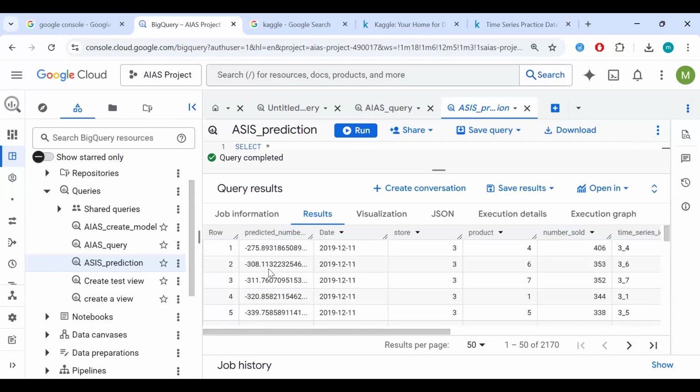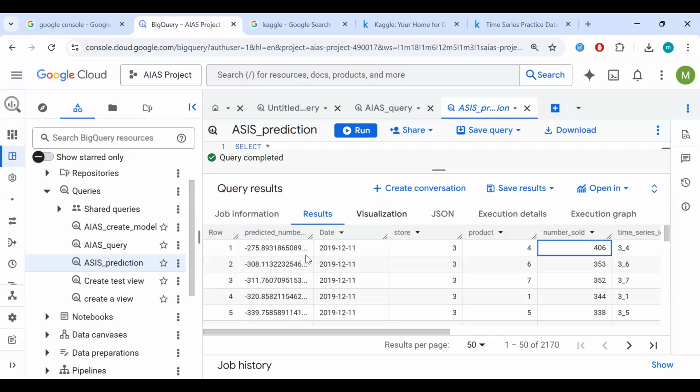So it is at this point that you say, okay, let's go back to our training. Let's train our model on more data, because I trimmed down the data to make sure that we were able to run the class as smoothly as possible. Usually it would take long, depending on the data size, right? But our predicted values are far off from our number sold, our actual values, right? Which means our model isn't very optimal. It's decent, but it needs more training, more iterations, more monitoring.